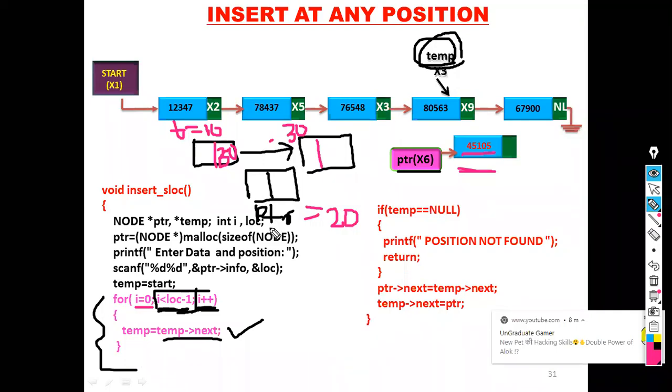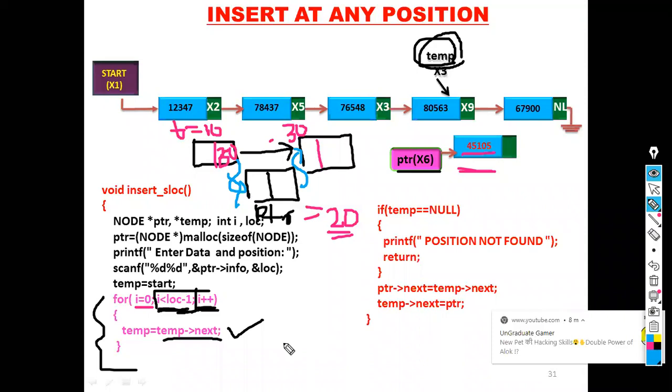Already the answer is given here, but tell me. Now you have to insert the ptr after the third node. Okay. So you have the information of the node at the third position, and also you have the information of the newly created node that is present at address 20. So what are the assignments you have to do here? You basically think that I just connect here and I have to connect here.